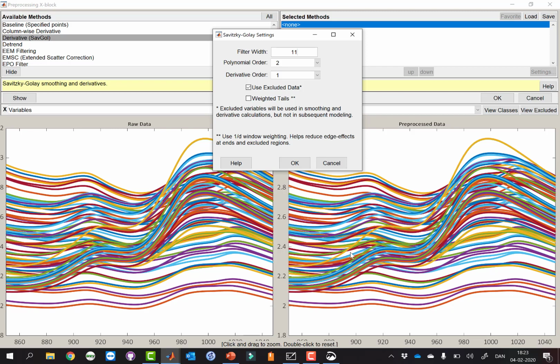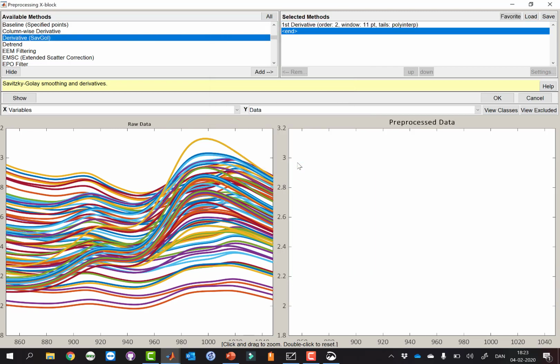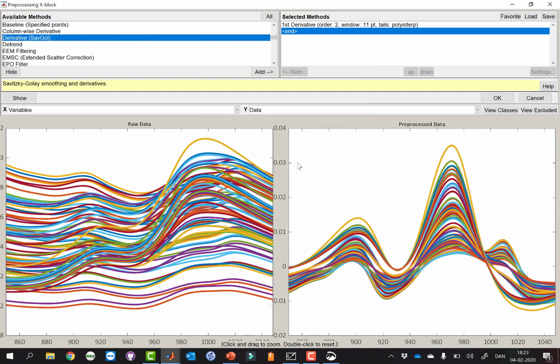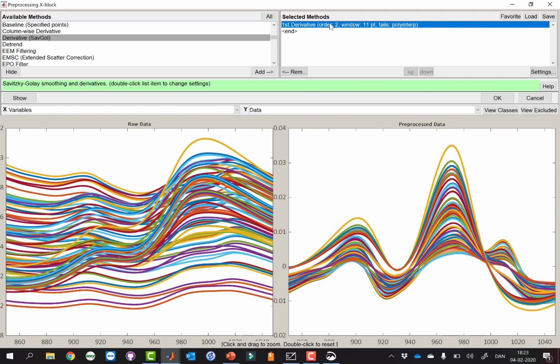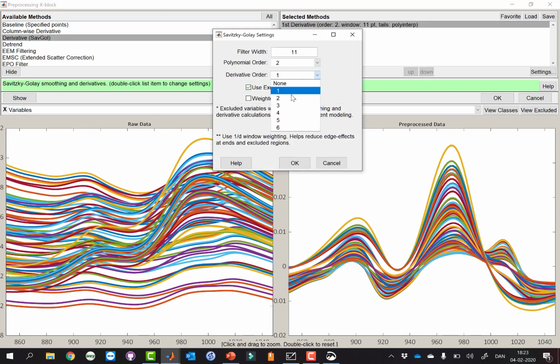In this case though, we only have 100, so I'm going to make the filter a little bit shorter. It looks interesting. It looks like we have less signal from the scattering, but it's not really a very nice pre-processing. Let's try and do a second order derivative.